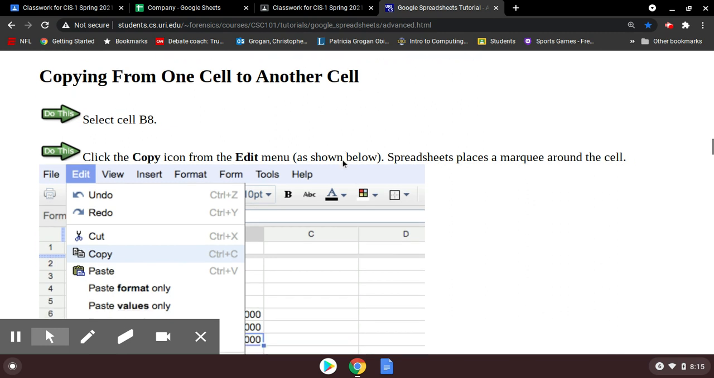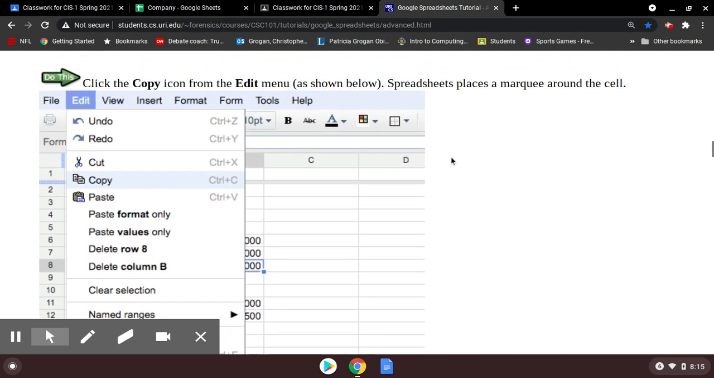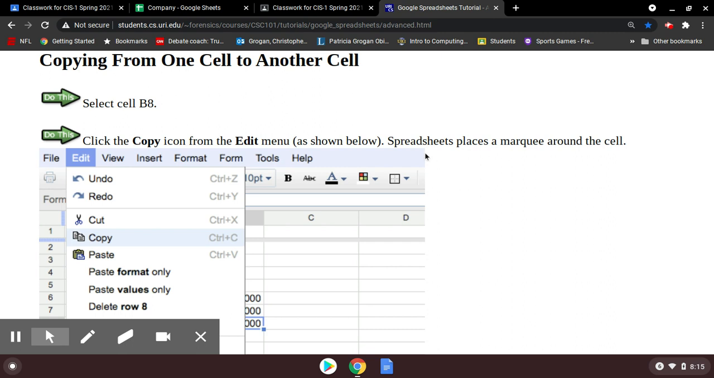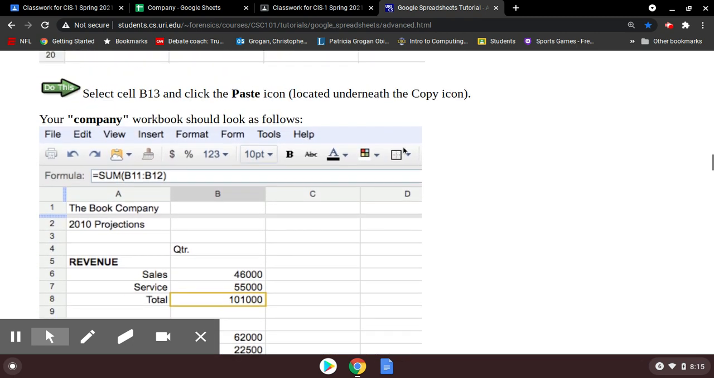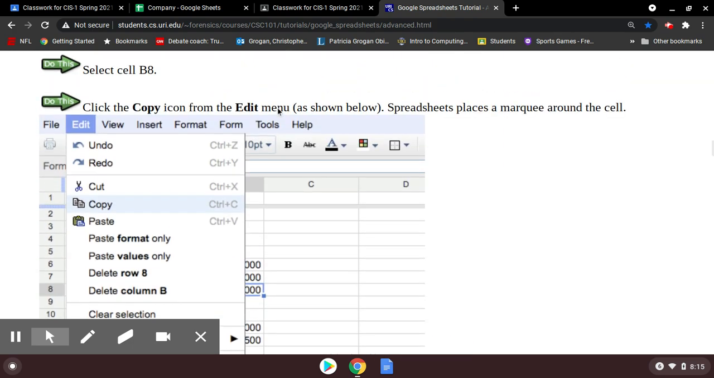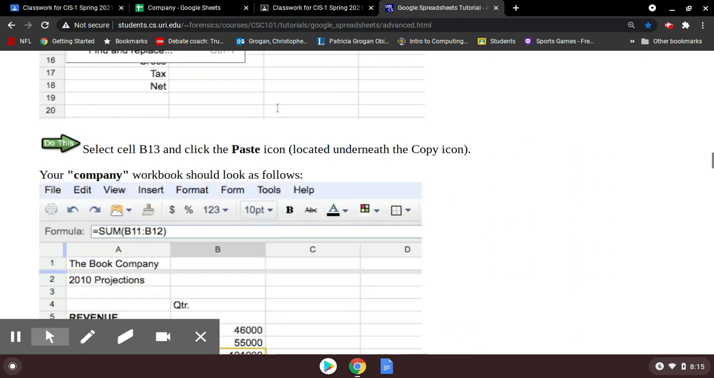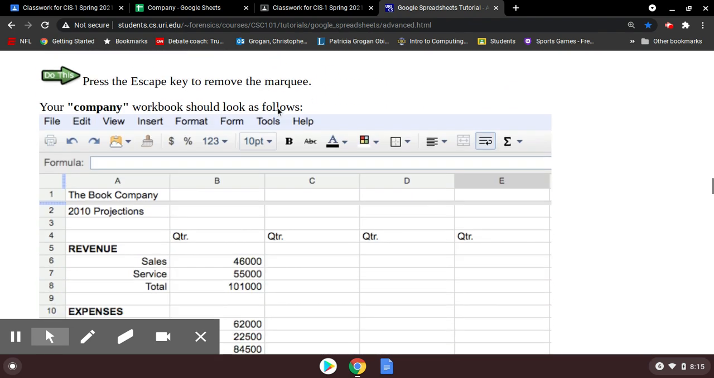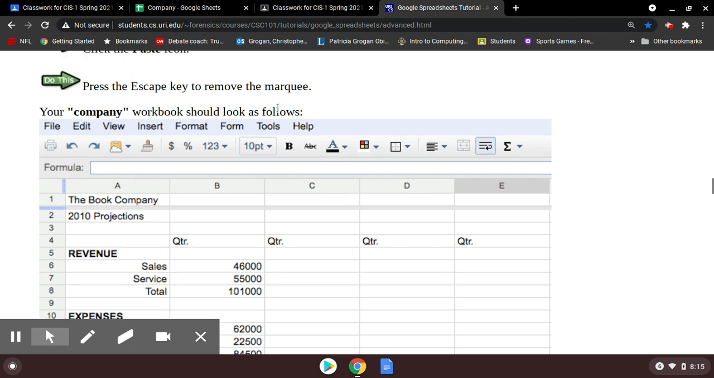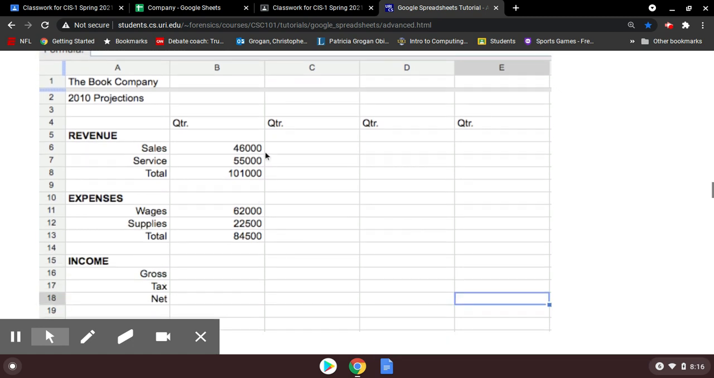Now, once you get here, what you're going to do, this one involves copying and pasting cells from one to another. Now, the way they show you how to do it on here might be a little tricky, but one easier way to do this is that you're going to end up with a couple more columns